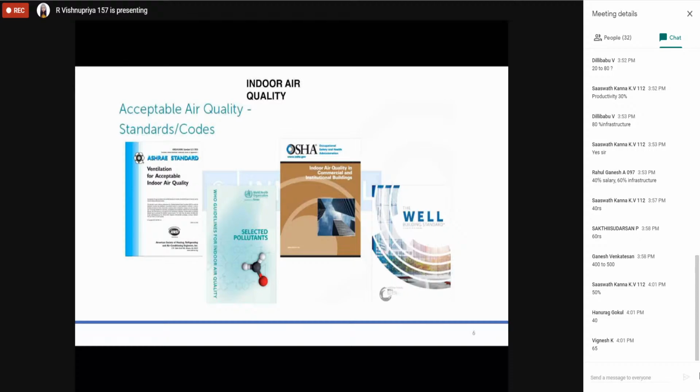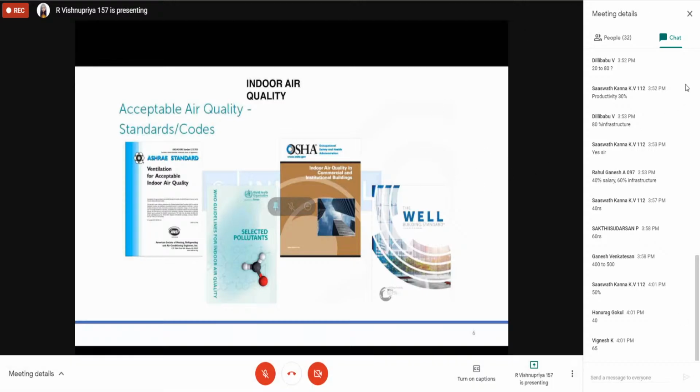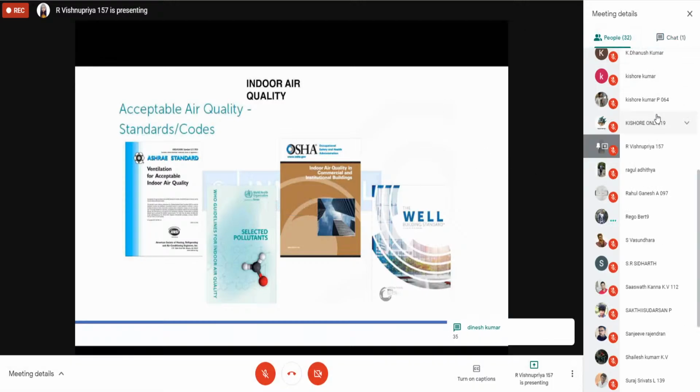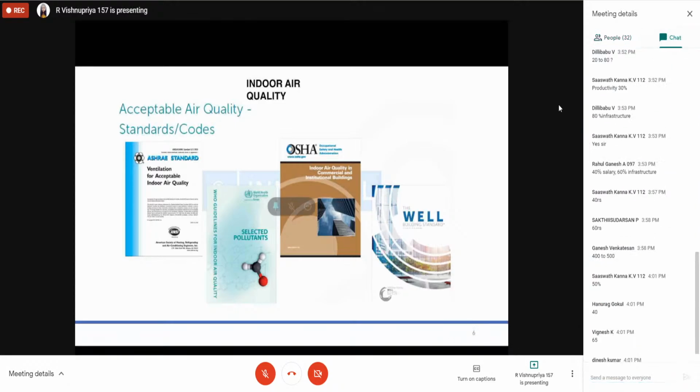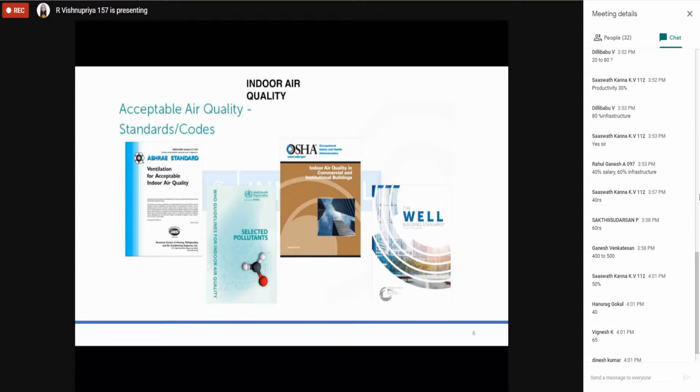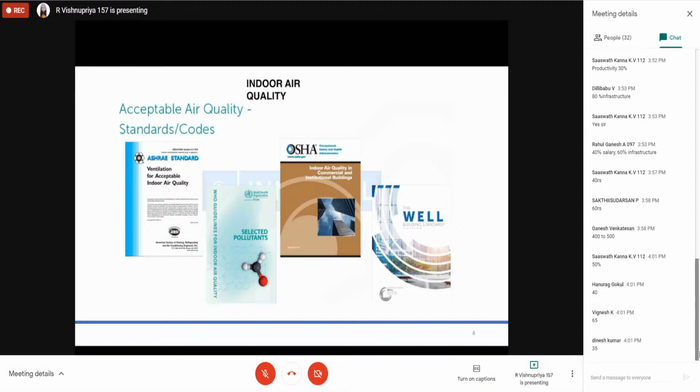Is it, sir? You have different marks for the passing percentage, right, sir? Anyway, fine, no issue. 50 percentage. Okay, done. For Dinesh, I think 35 still in 10th standard. I think Vignesh is having 65%. He is going to be a brilliant student, I think. So he is keeping his own benchmark. Anyway, 50% is a benchmark.